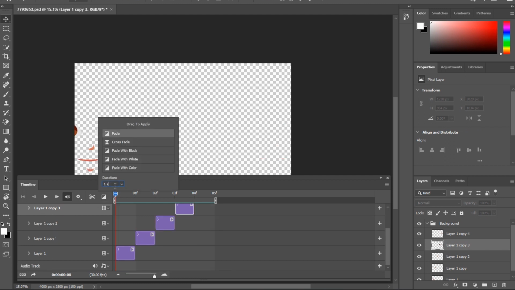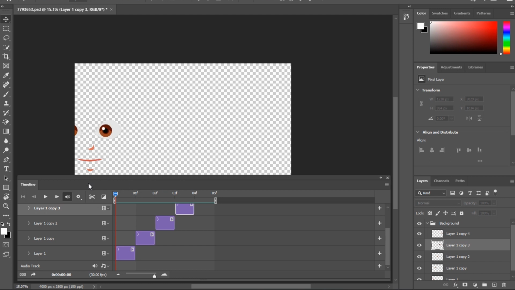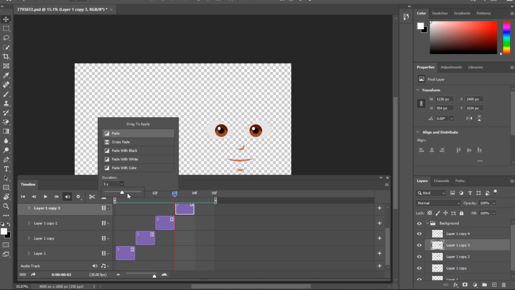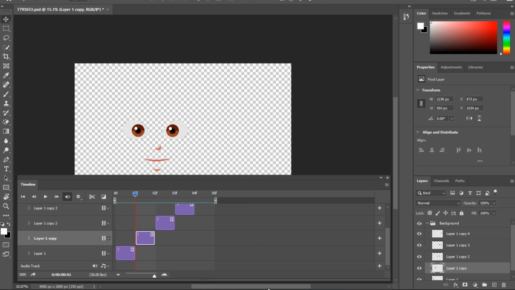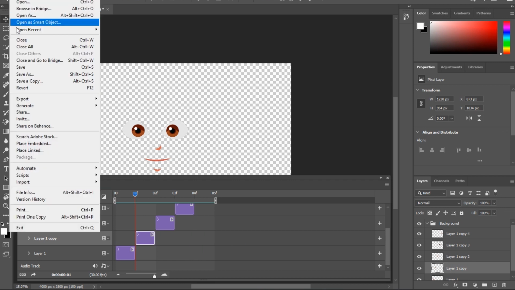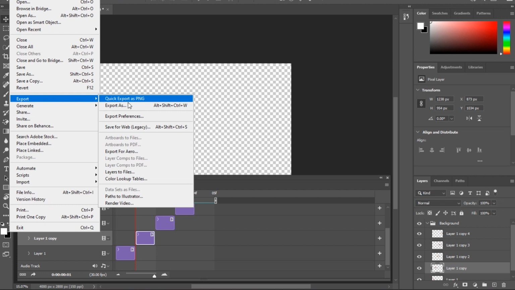Once you are done, you can simply adjust your duration, and you can also go for this fade with black and how you want your GIF to be ended. So once you are done with all of these settings, you have to simply click on this File on the top left corner and go for this Export and Save for Web,